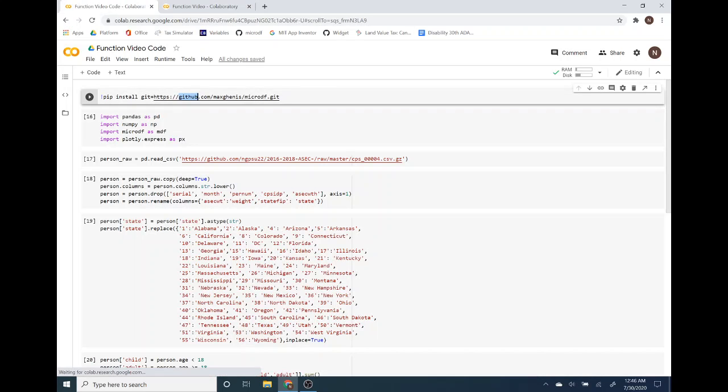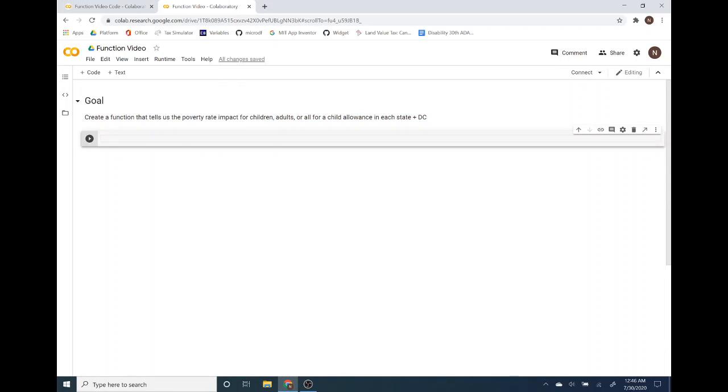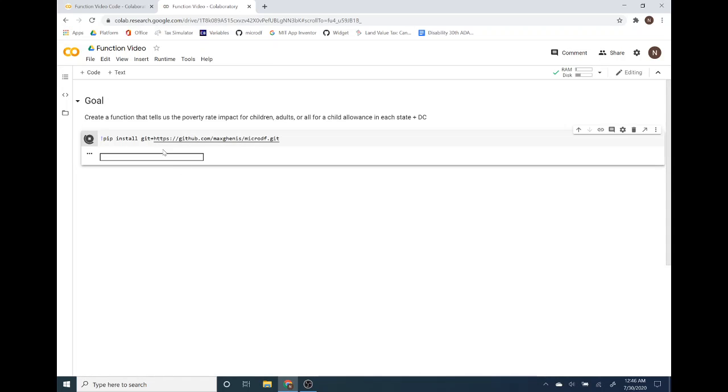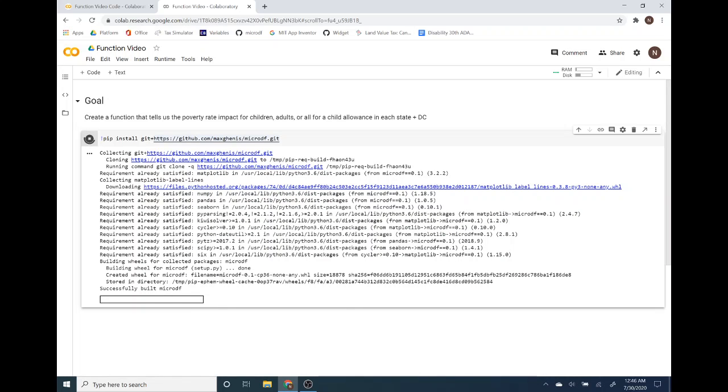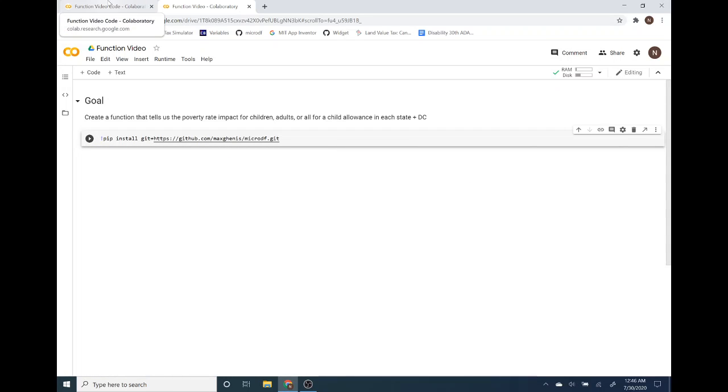We're going to need Max's Python package, and I'm talking a little quiet because my parents are asleep downstairs, and I don't want to wake them up. So this line of code imports Max's microdf Python package, which I'm going to give him a chance to talk about next week, and it has a lot of really cool functions that just make the coding process a lot easier. So I'm going to run that, and I'm going to get this big long message basically saying we're installing this package. Some packages come pre-downloaded on Colab. Obviously pandas is pre-installed on Colab. Obviously Max's personal package does not. So we're going to install that,